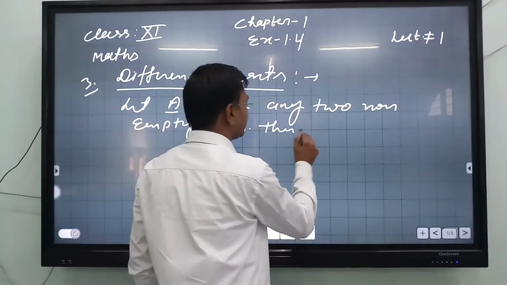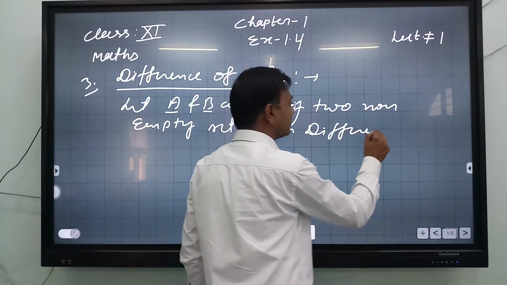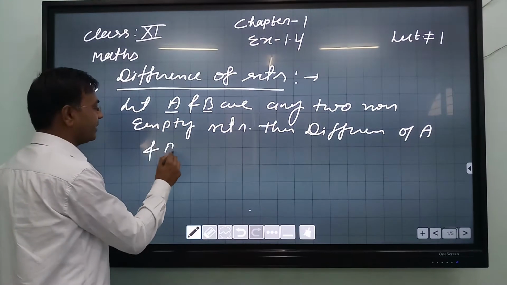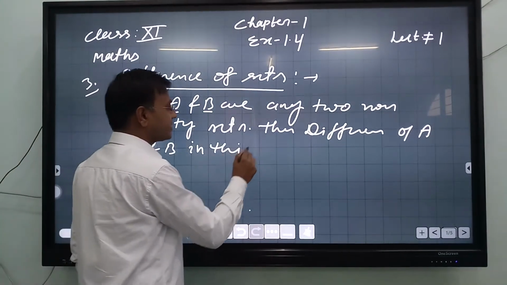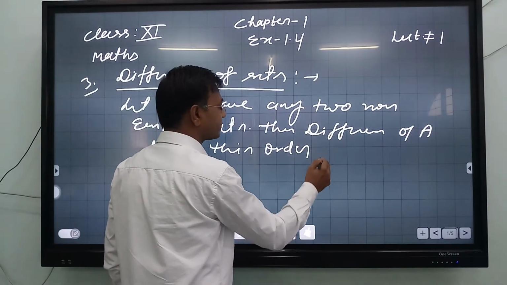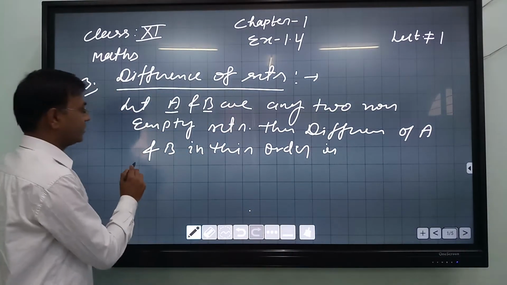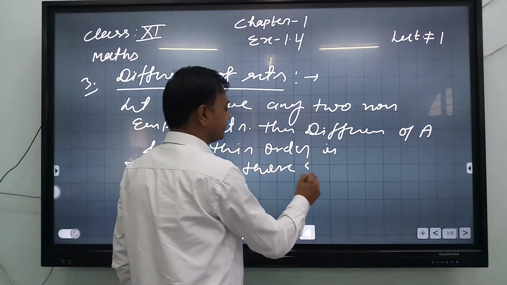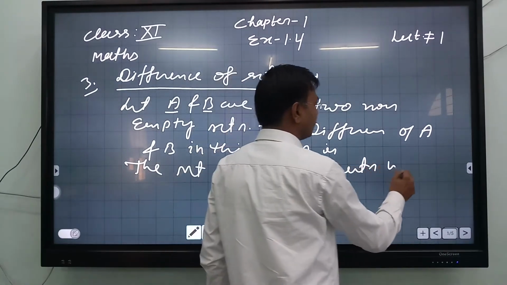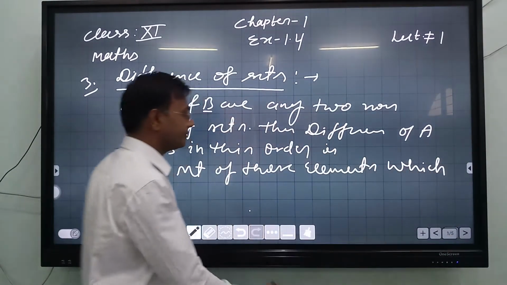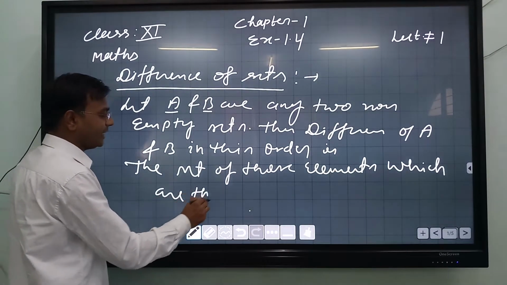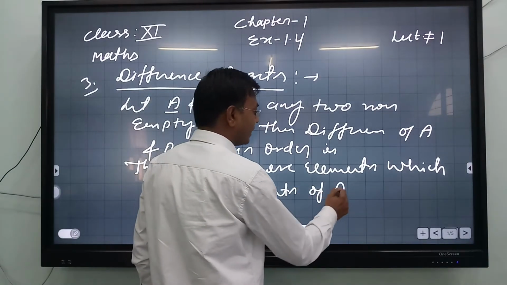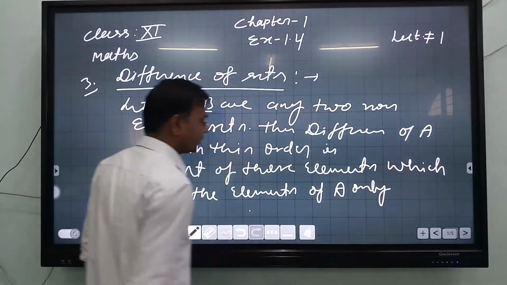Then the difference of the sets A and B, in this order, is the set of those elements which are the elements of A only, not